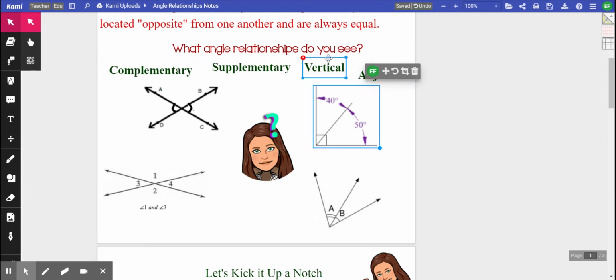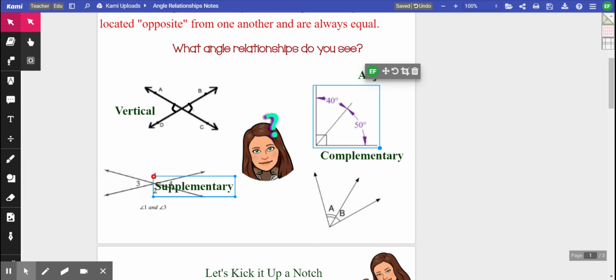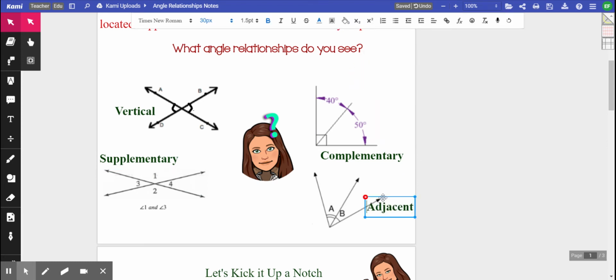It's easy enough to see the vertical one. They're directly opposite from one another from intersecting lines, so I can put that one in its place. It looks like angles that sum to 90 degrees. Over here is going to be our example for supplementary. Complementary is going to be 90 degrees. Supplementary is going to be our angles 1 and 3 over here, which is going to leave adjacent then